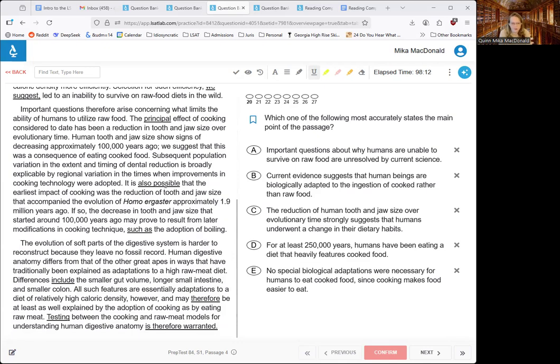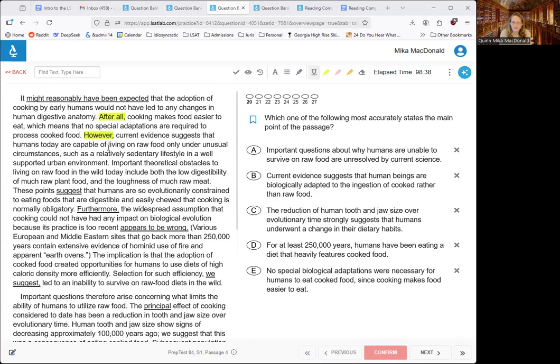We get hedges like also possible and example words like such as. Same thing with include, right? That's giving examples of something. And then again, testing a conclusory word and what ultimately feels like a final conclusion to some degree, testing with regards to the raw meat versus cooking idea is warranted, right? So tactical highlighting, never full sentences, just key words that I think structurally tell me where the author is planning to go. All right, this is going to be a tough passage, but let's go ahead and jump in